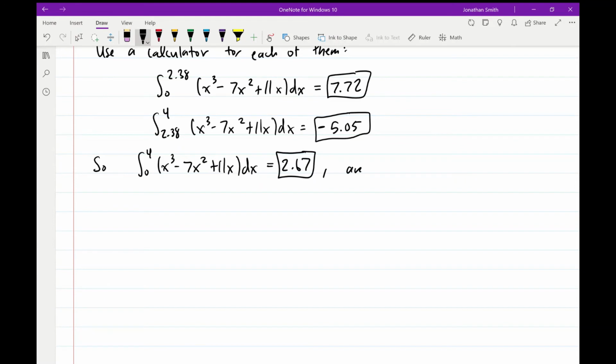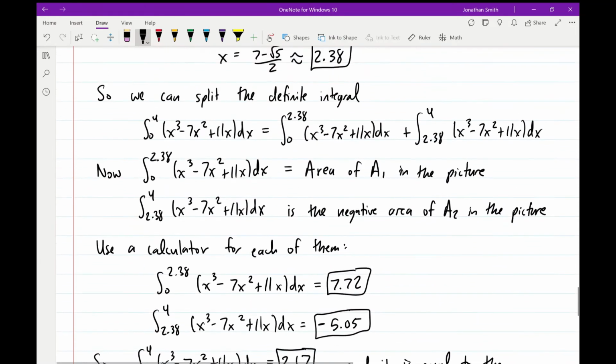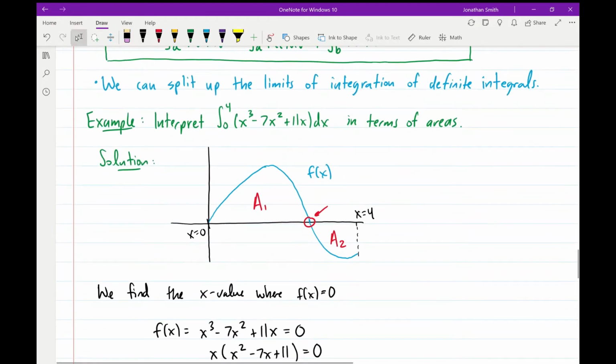And this value is equal to the area of A1 minus the area of A2. So the important part of this example is recognizing that when our function f of x